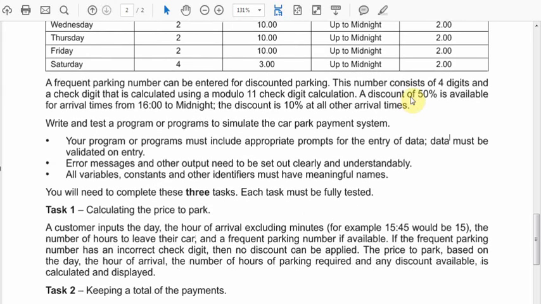And then we have the number of hours of parking required, and any discount available is calculated and displayed. So this is how we are going to sum up the first task. Now let me show my